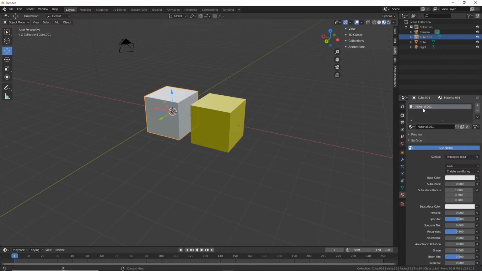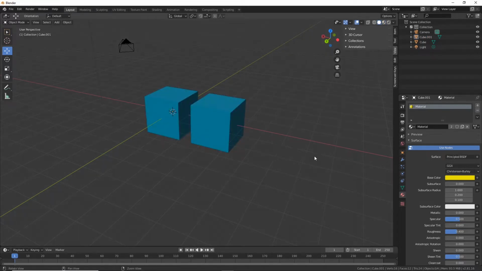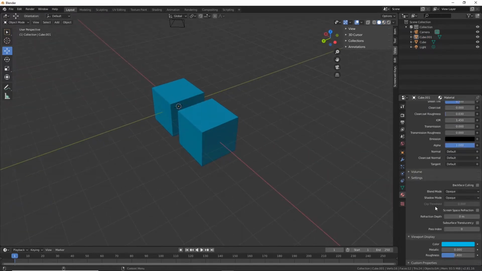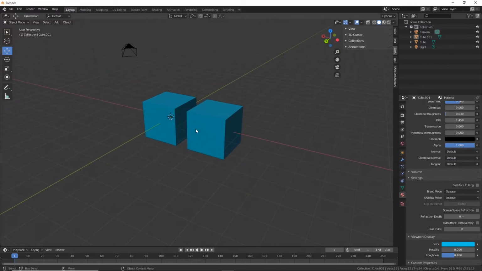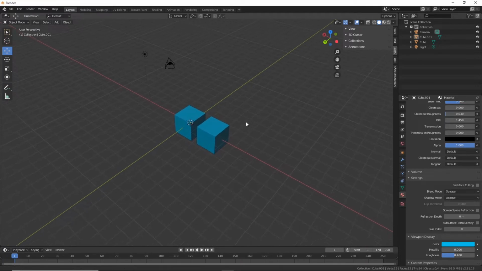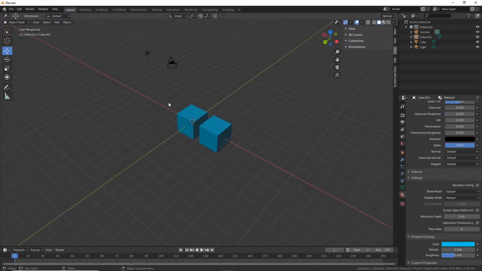This one shows up now as material 1 because when I duplicated it, it duplicates the material. So if I want to make that yellow as well, I can go back and change that to material. Go back here, now they're both blue because this viewport display is associated to the material. So it's like a way of seeing the material class if you want to make it represented by a specific color. It shows up better on